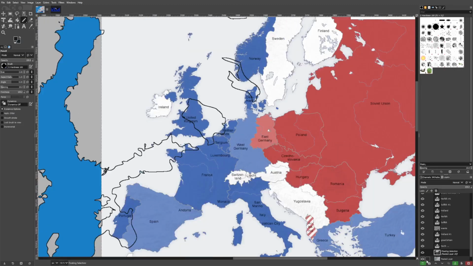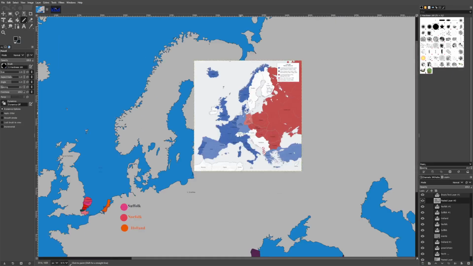This is a map of Europe provided by the Cold War,